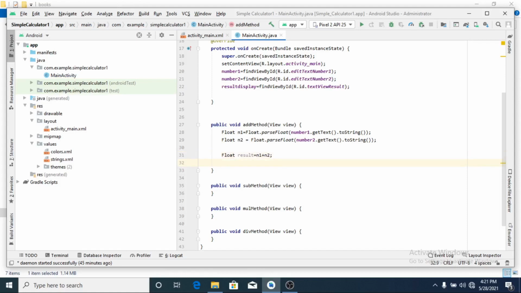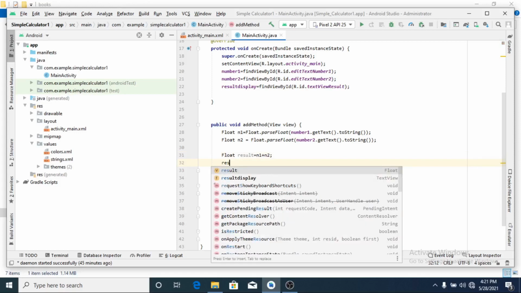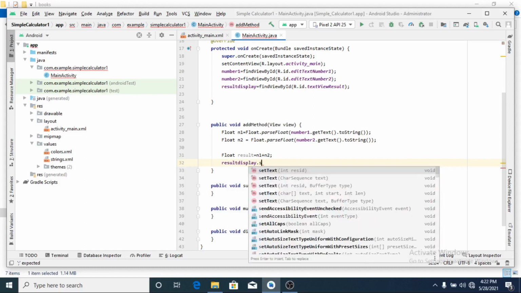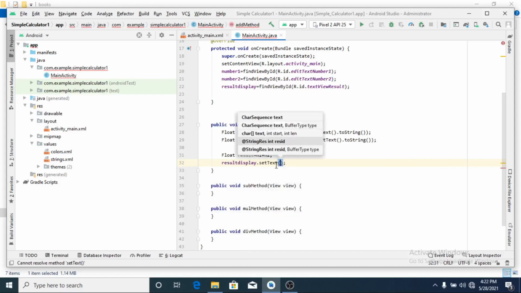Hence, we will make use of that. Result display dot set text. Set text, what to display? I have to display the result, which is a float, but the easiest way to convert that into string is string concatenation, isn't it?